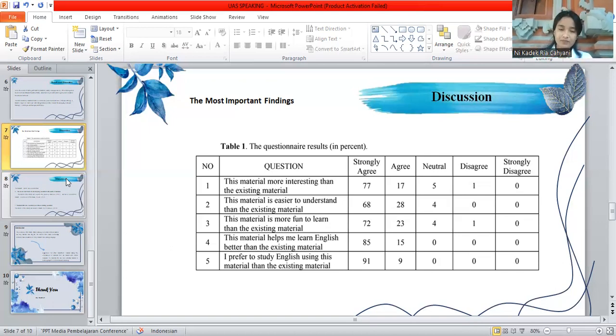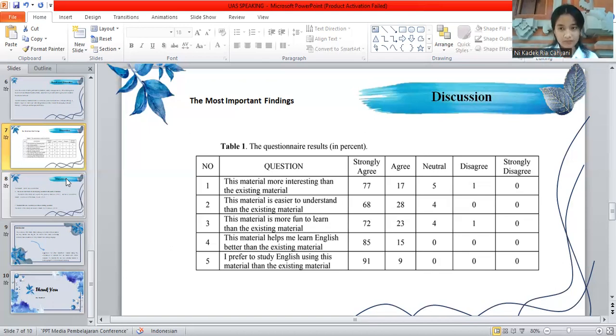And then the next is, this material helped me learn English better than the existing material. Strongly agree is 85%, disagree is 0%. And the last one, I prefer to study English using this material than the existing material. Strongly agree is 91%, and disagree is 0%.